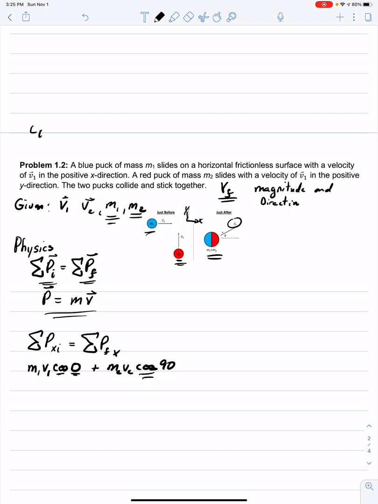Okay, so the angle here is 90, the angle here is 0. That means that cosine of 90 is 0, so this cancels out completely. And then cosine of 0 is 1. So the only thing working for the momentum in the x direction is mass 1, velocity 1. That equals